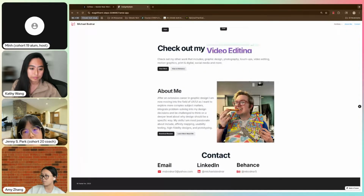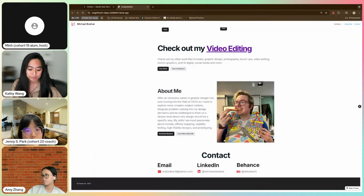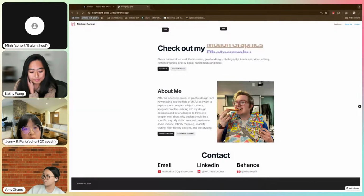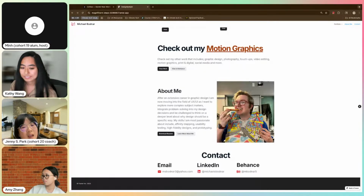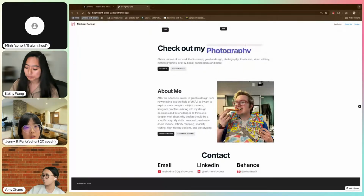Also, this is a nit. I just read through the whole page. I feel like there's a lot of run-on sentences, misplaced commas, certain ways that you can just clean up the content. And the reason why I'm focusing on the content is regardless of what kind of specialty you have, content is how you communicate to people and how you're telling them this is the value I bring, this is the way that I think, this is how I'm able to present complex information in clear manners that is not overwhelming to the recruiter,